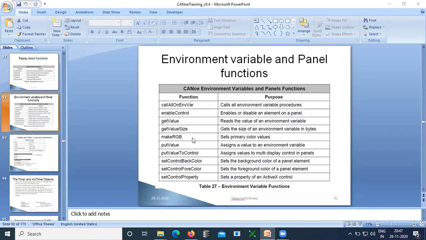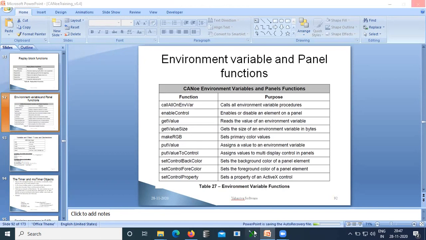We cannot use the assignment operator to assign a value to an EV variable, but we can do that with a system variable. If there is a system variable, you can use the assignment operator to assign the value to it. That is different; we are going to study it in detail at a later point. As of now, what we have to understand is that these EV variables are somewhat different. To access them, we have to use these functions.